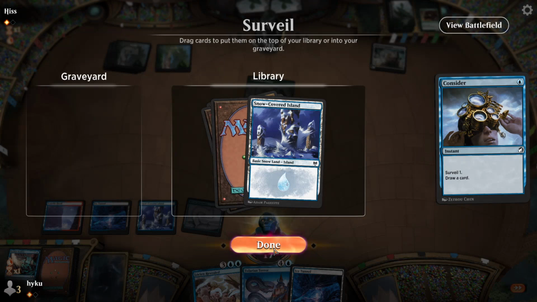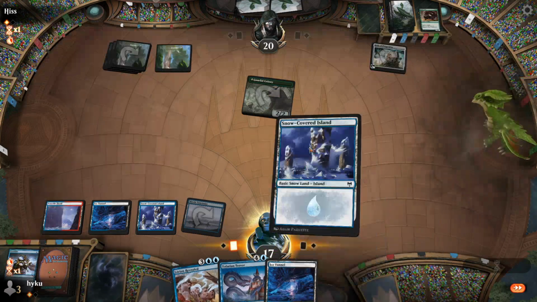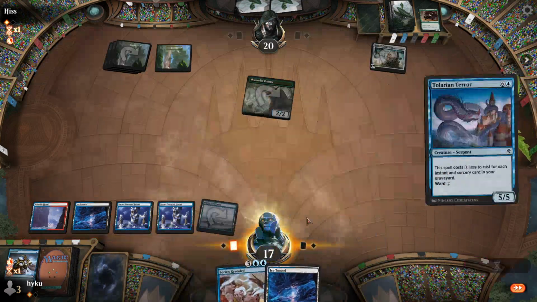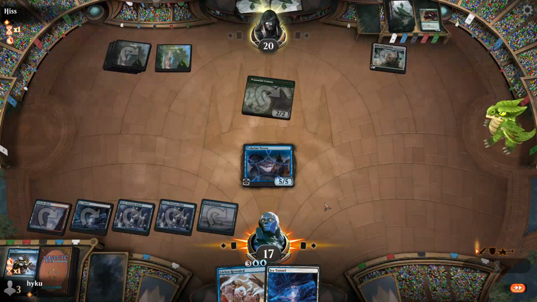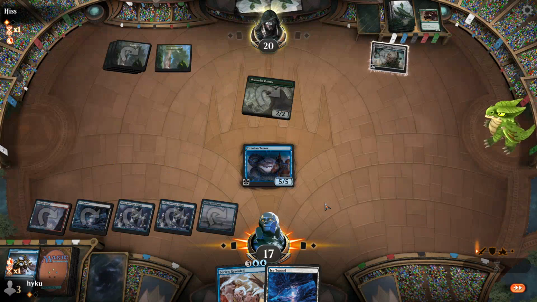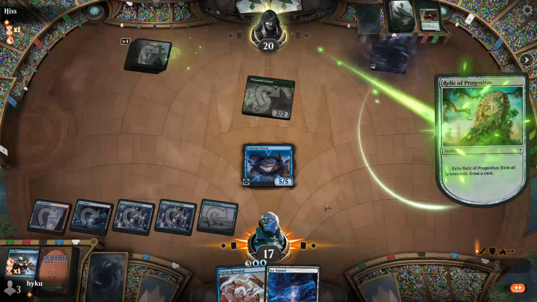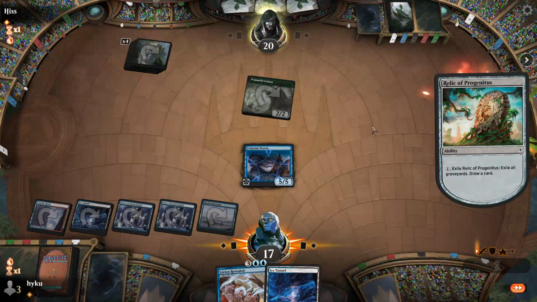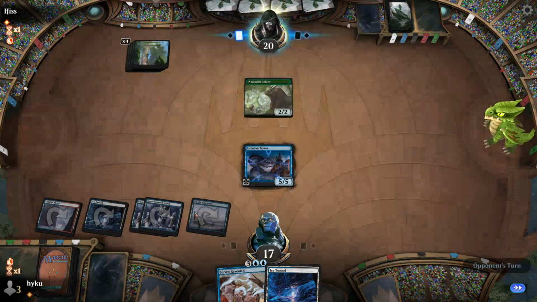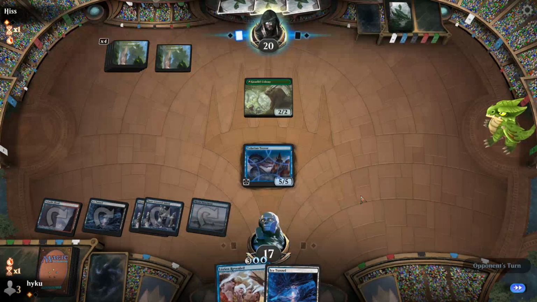Such a bad card, though. But then I have Lórien Revealed. Yeah, you know what? I think I kind of flip the switch here and go aggro. He only has 2 cards in hand. This could go bad, though. I guess now he has 3 cards. We'll see. The other issue about...